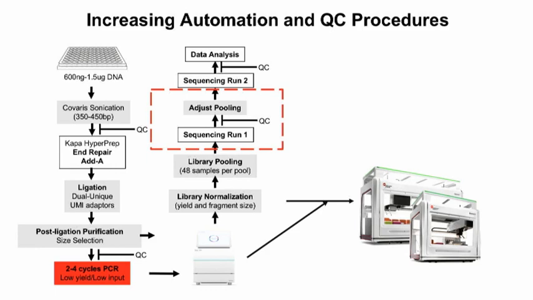Most of the library prep that we use, or all the library prep we use for the exome work, is a mildly modified version of the Kappa HyperPrep. So it's end repair, A-tailing, with the Covaris shearing on the front end, followed by ligation with dual unique indexed adapters, which of course is